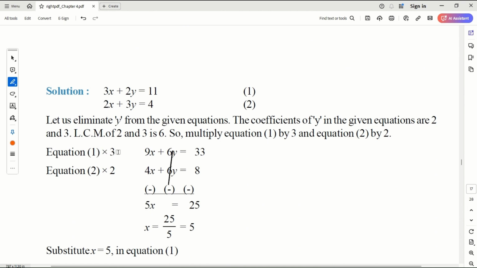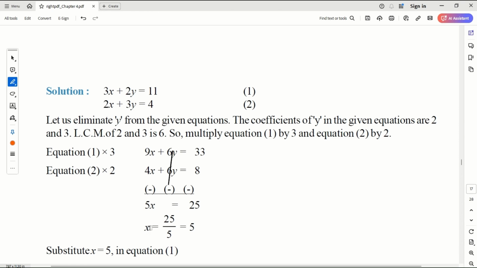Okay, equation 1 into 3, equation 2 into 2. That is 9x plus 6y equal to. So here it is trying to eliminate the y actually. Okay, that's why first equation with 3, second equation with 2. So you got 6y, same terms, right? Okay, when you subtract them, you will get 5x equal to 33 minus 8, that is